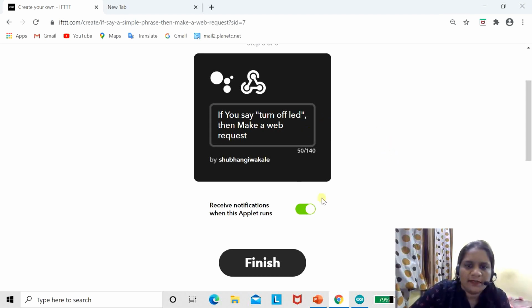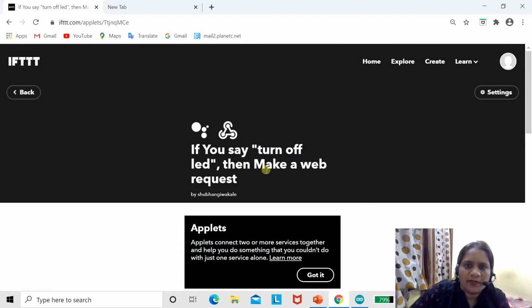Now our applets are ready. Once this finish process is completed, now we can do the connections.